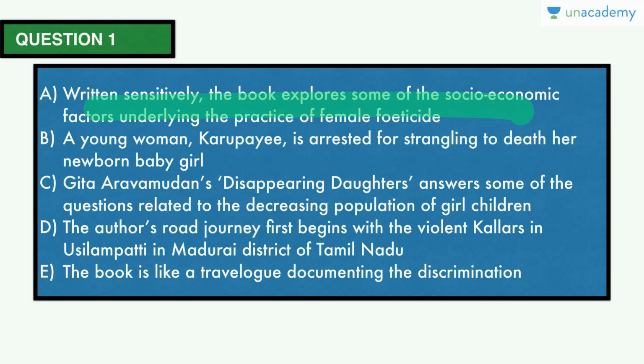A is what you want to actually convey to the reader, and you're using the pivot of the book to do that. So you're going to speak out sentence D as an author. You're going to tell what happened in the book, and then you're going to introduce sentence A as a follow up to a bigger story. So I would always end this at A to leave the readers with this sentence: yes, this book explores some of the socio-economic factors underlying the practice of female feticide. So female feticide is the larger issue at hand that you want to leave the readers with.